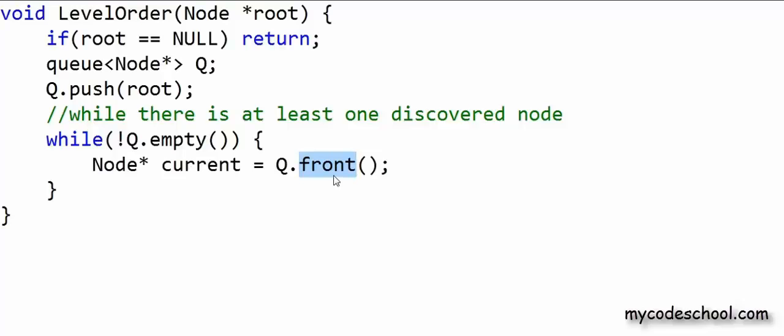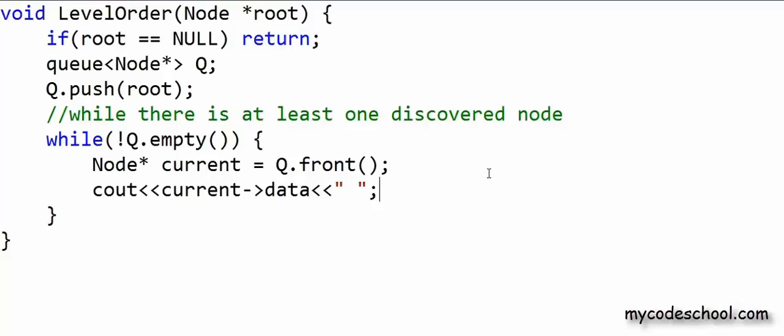This function front returns the element at the front of the queue, and because the data type is pointer to node, I am collecting the return of this function in this pointer to node named current. Now I can visit this node being pointed by current, and by visiting we mean reading the data in that node. I'll simply print the data,